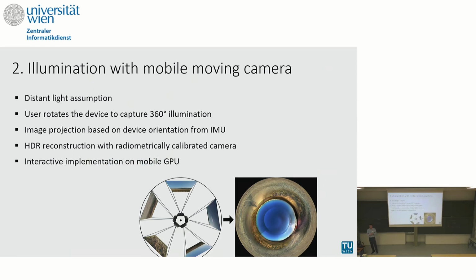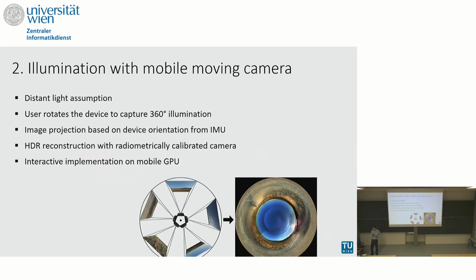The second category of methods is illumination capturing and stitching by a mobile moving camera. And here we again assume distant light, so we can rotate our camera, and no matter where we move it, we assume the light is coming from infinity, and we omit the spatial variation of the light. Which is actually quite good for outdoor scenes, not that good for indoor scenes, but we skip that for now. And the way we can do this, we can use our mobile devices, for example, and we can rotate them, use our low dynamic range images from the camera to calculate the high dynamic range values of the